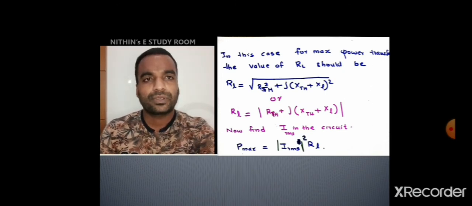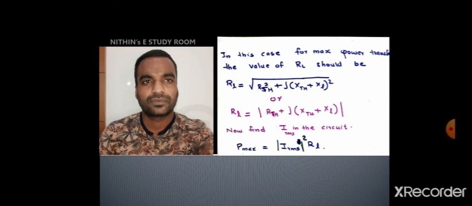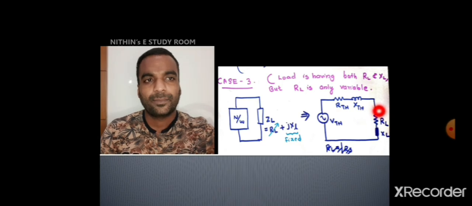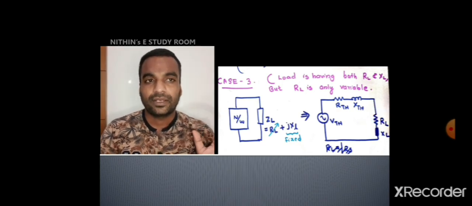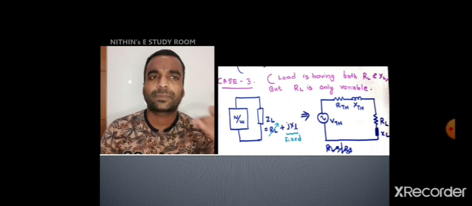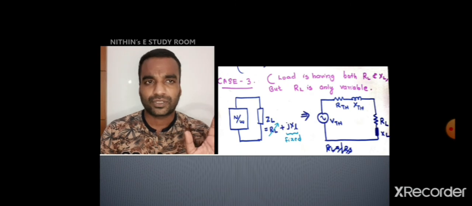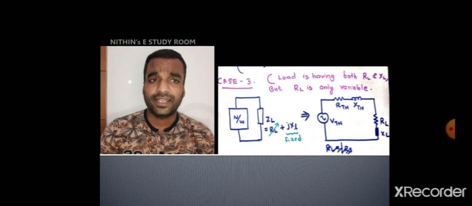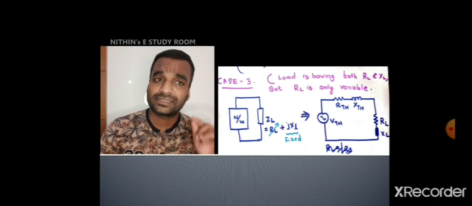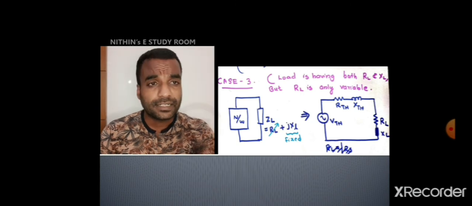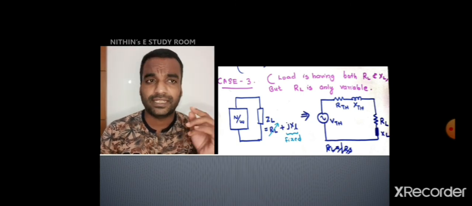Okay. Now you replace the new value of RL here. But XL you cannot change because XL is not a variable thing, it's a constant. So you have to replace the RL value in the Thevenin equivalent circuit. Now you calculate the I for the Thevenin equivalent circuit. I is equal to V Thevenin by R Thevenin plus J X Thevenin plus RL plus JXL. Anywhere the reactive part is coming, you have to use plus J.